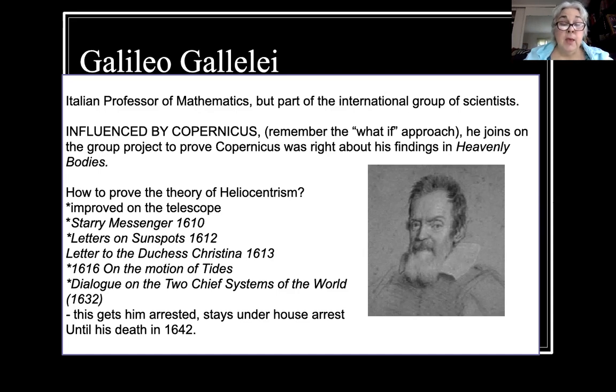of heresy. He ends up getting arrested, and because he's a powerful enough figure, and actually the Pope is a big fan of his work, and had somebody reading on the motion of tides to the Pope while he was eating dinner. But once you get to this heresy issue, now that's not funny. So he is under house arrest because he's in very poor health, partly from looking at the sun with his bare eyes, but also he had some pulmonary issues. So he's under house arrest until his death in 1642. However, you've created at this point this international